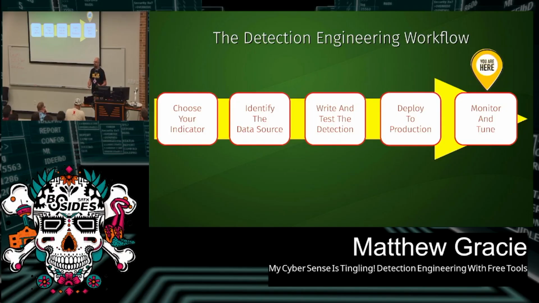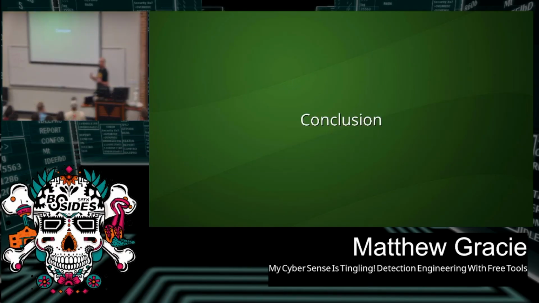There's ways to tune it to make it more effective. All right, so, conclusion. Threat intelligence is gold when it comes to understanding what adversaries are actually doing, what threat actors are going to do. So if we take that threat intelligence, whether we roll it ourselves, or we get it from our ISAC, or we get it from Verizon or Huntress or one of these other companies that we've all been talking about today,